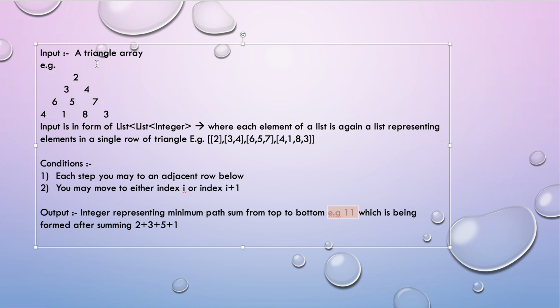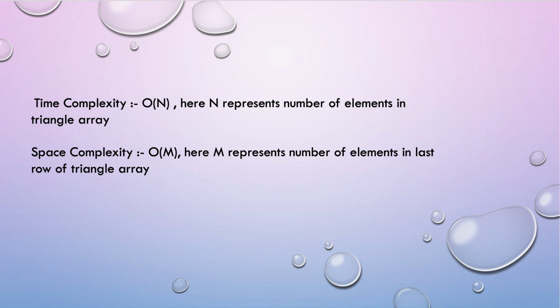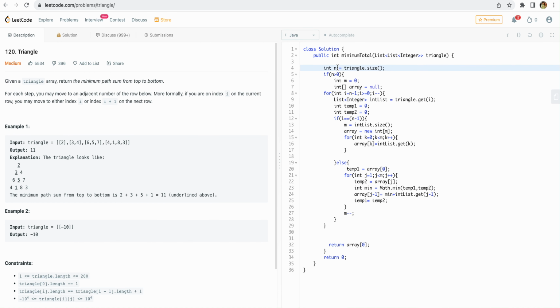So this problem we can solve using the bottom-up approach and memoization technique. The time complexity of this approach is O(n), where n represents the number of elements in the triangle array, and the space complexity is O(m), where m represents the number of elements in the last row of the triangle array. A quick glimpse of the code is,